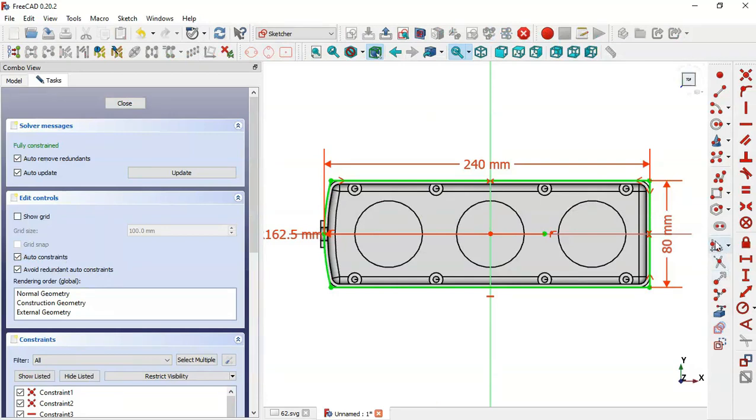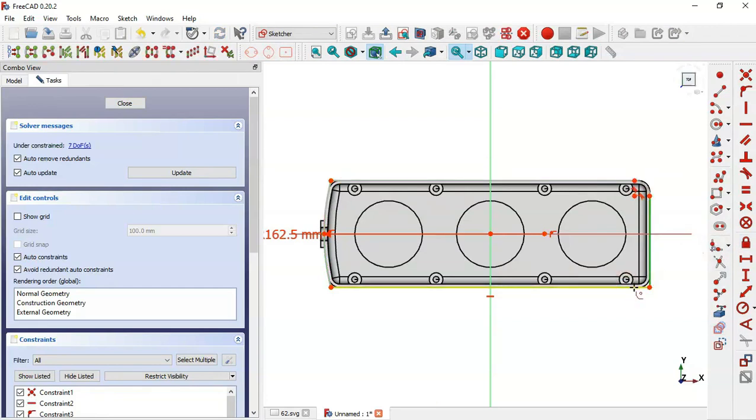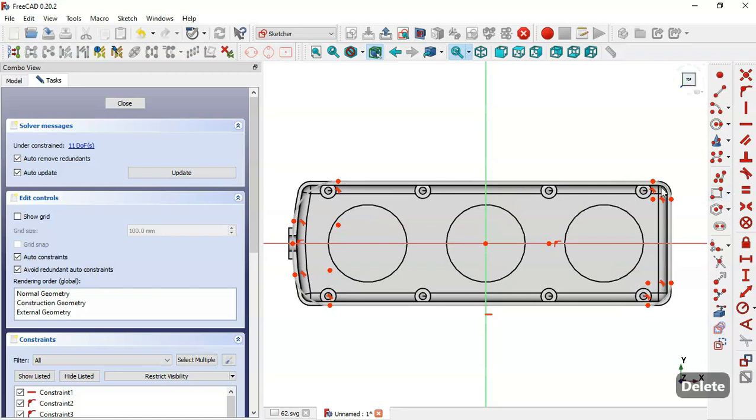So we select this fillet tool and we fillet this sketch. And now here we delete this dimension here,